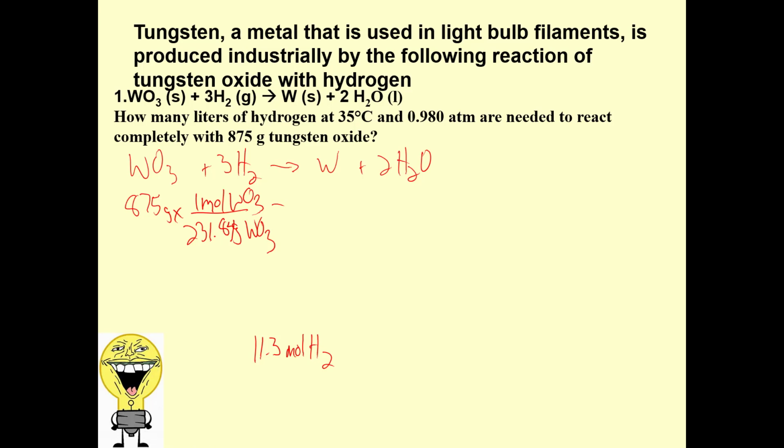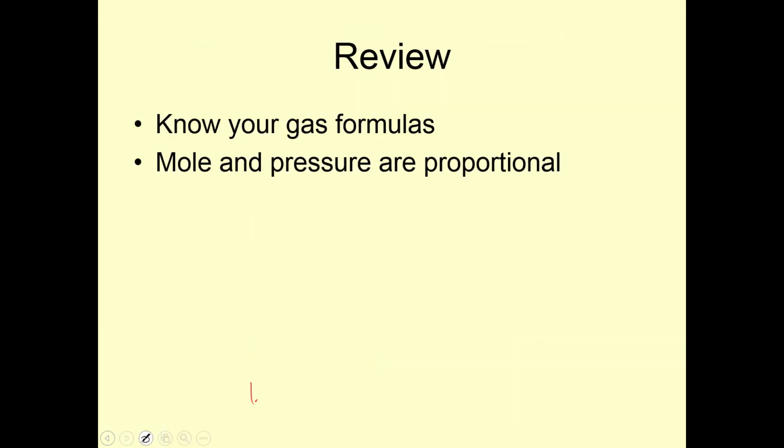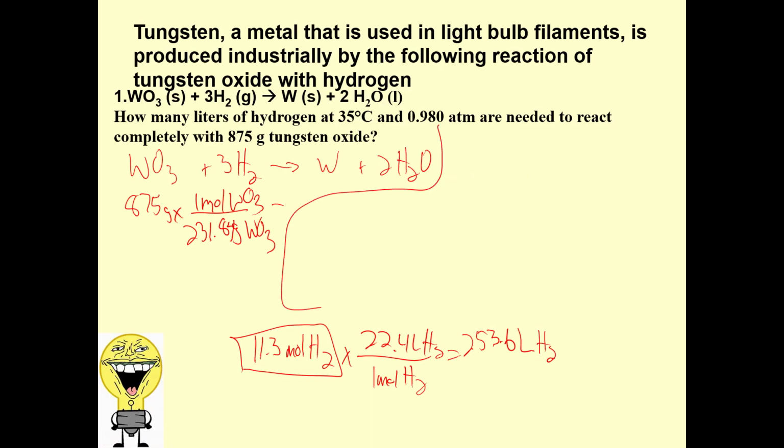So once I know how many moles of this I have, I want to convert this into liters. So 1 mole of hydrogen is going to be 22.4 liters of hydrogen. And that's going to give me 253.6 liters of hydrogen. And if I want to figure out how many liters that's going to be at that pressure, I have to do